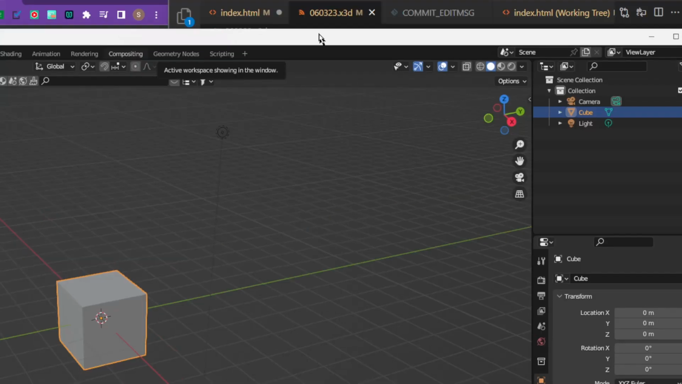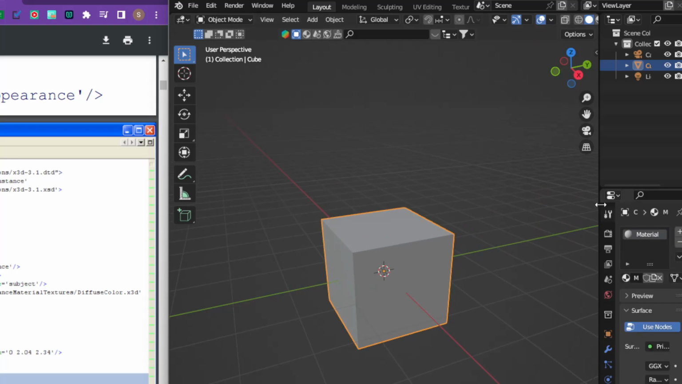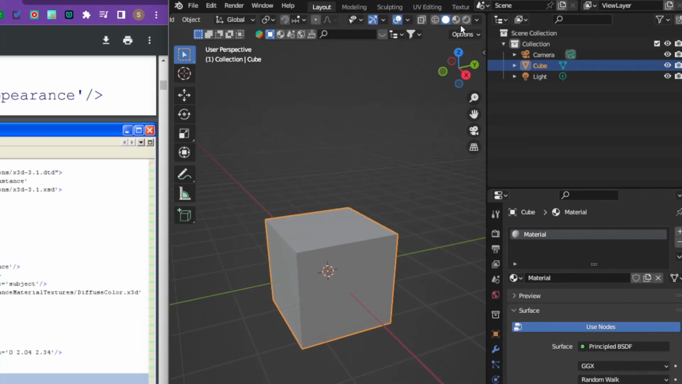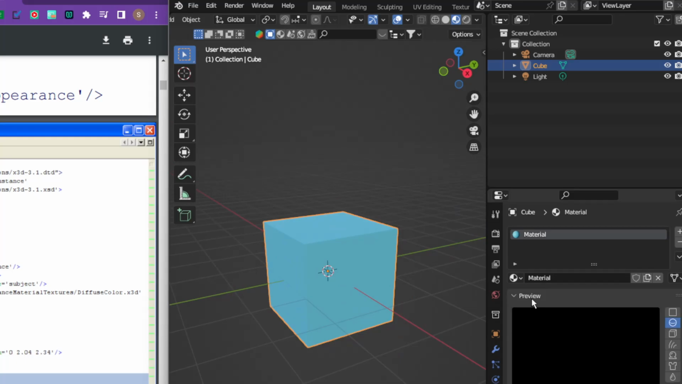Okay, so general, and what I'm going to do is move it over here. And we have this cube. So I'm going to go to materials, and the first thing I'm going to do is go to material preview and then just give it a color and so on. All right, if I go and look at the preview,